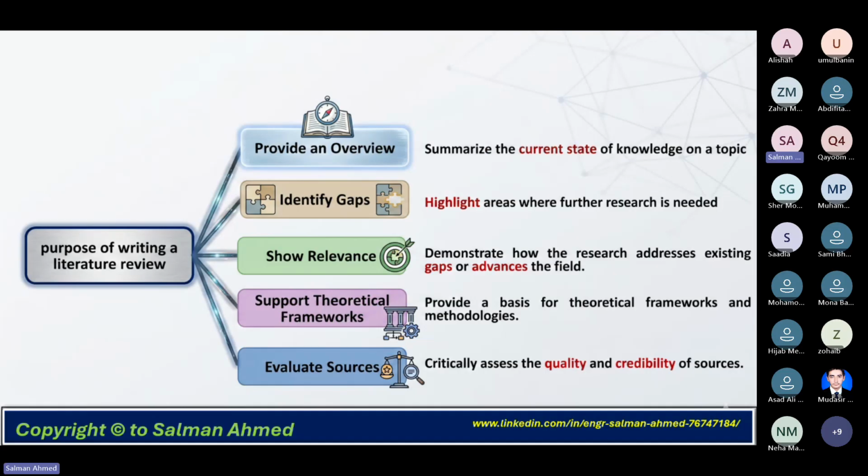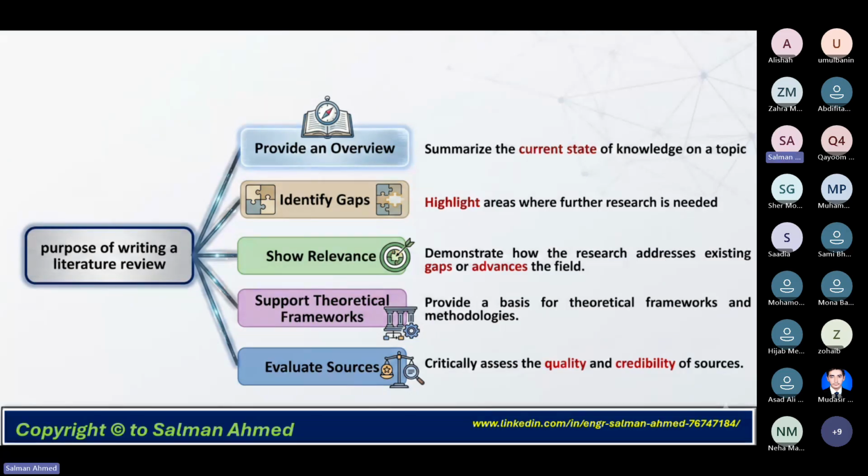So, the purpose of writing a literature review. Literature review is considered one of the most important parts, because a literature review always discusses the research gap on which you are doing your work. Whenever you are discussing any of your results, those results would be a reflection of your literature review. First of all, a literature review provides an overview.